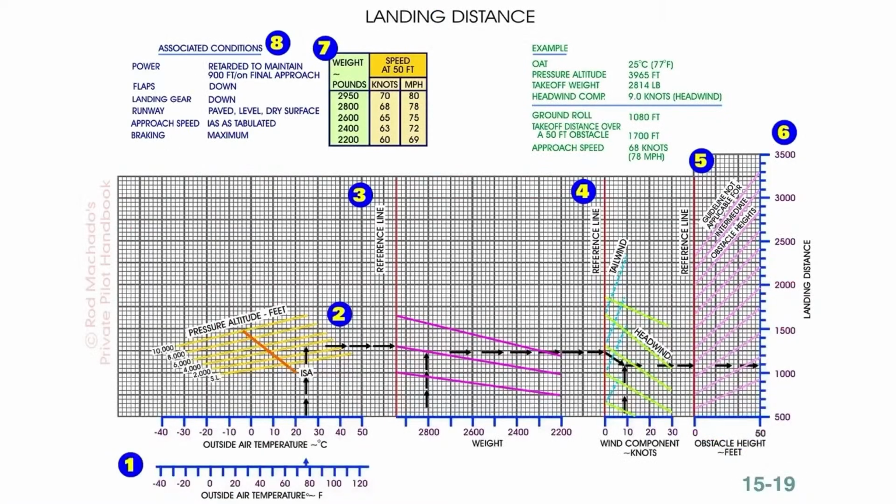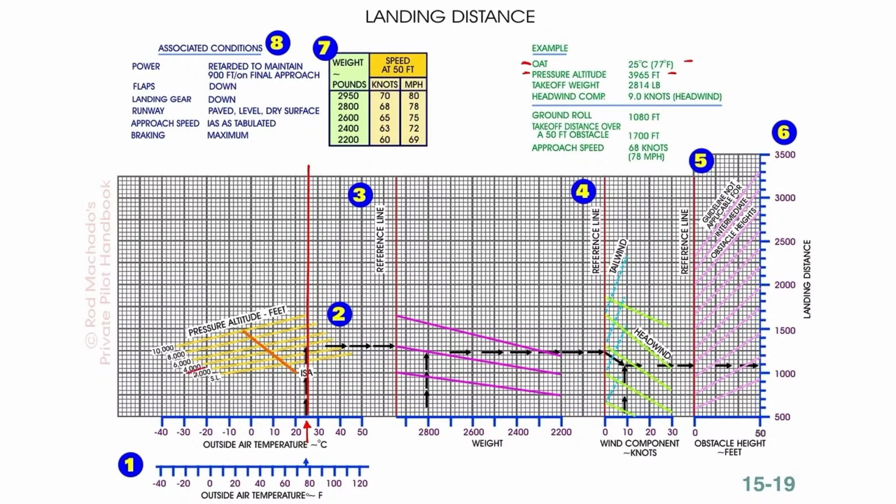Okay, so let's look at this example, and there's always an example problem or an example loading problem. In this case, it's this green one at the top here. So let's use this since it happens to be in here. The first couple pieces of information is it is 25 degrees Celsius and about 3965 on the pressure altitude. So what we do is we figure out where 25 degrees Celsius is, which is right here. And what we would do is we're going to basically draw a line straight up, and wherever it intersects the